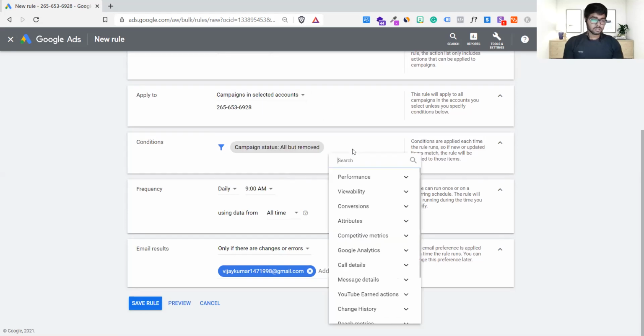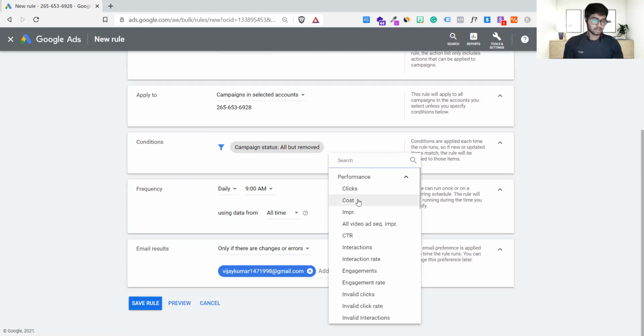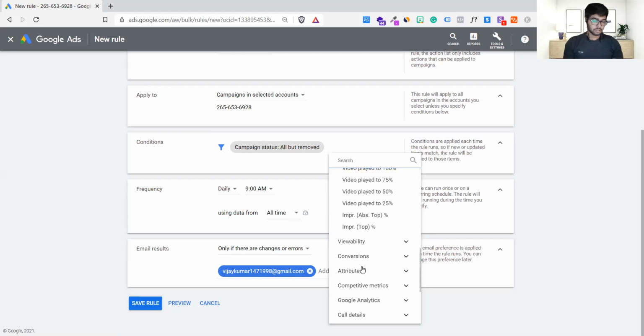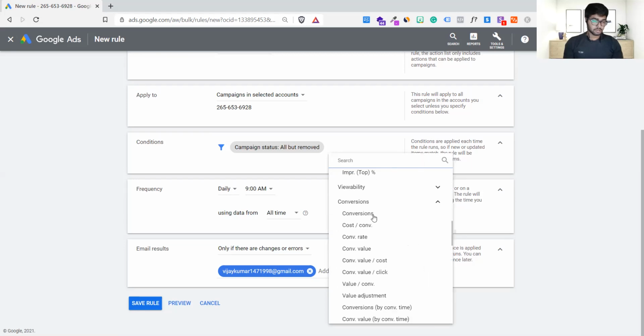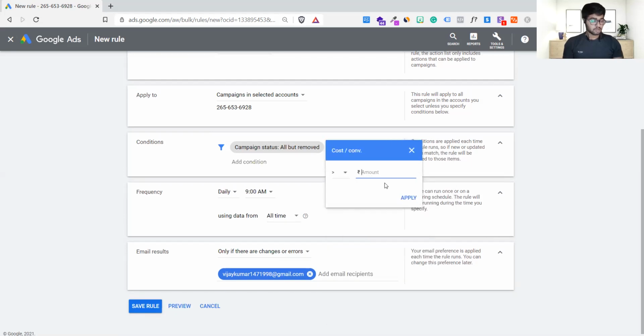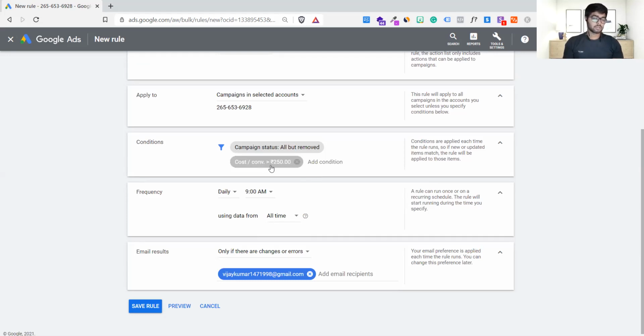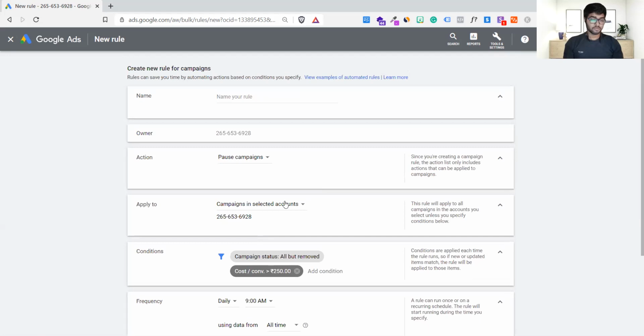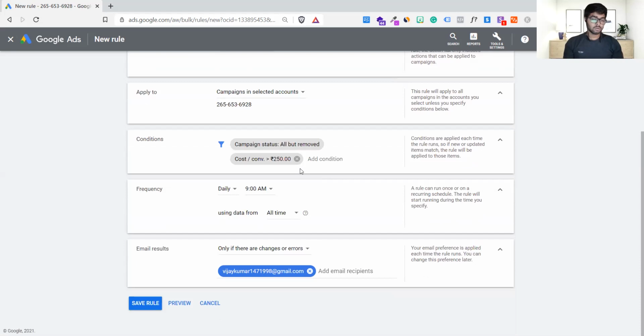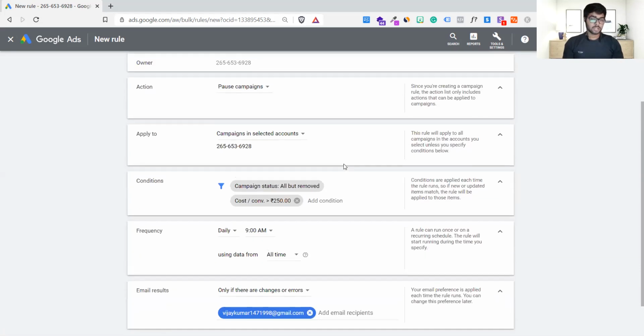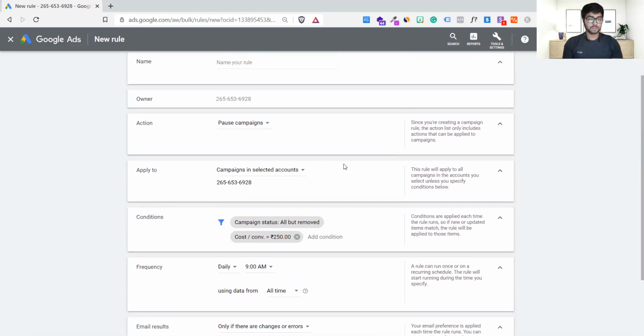When this is my condition, if my cost per conversion is greater than 250, then this will pause the campaign. Got it? So this is how we do this condition method. We have already covered in rule settings how we can automate this.